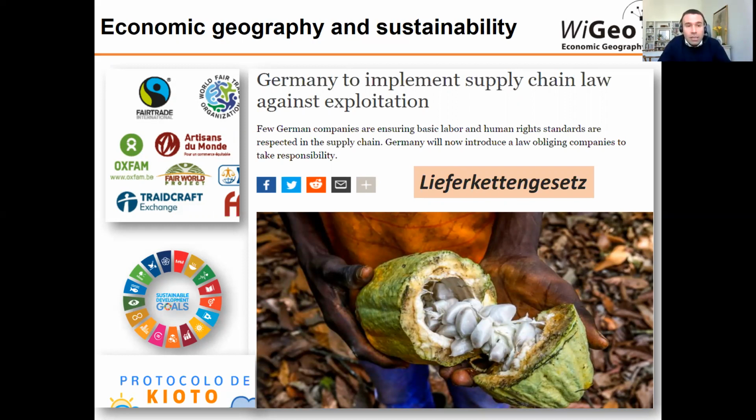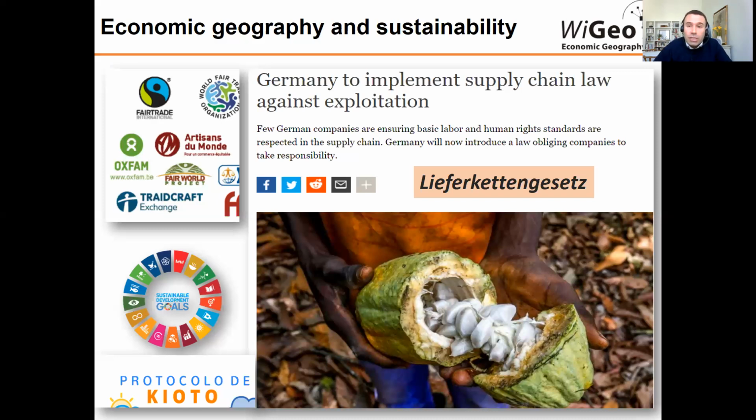And we have to look at these things: if you turn your coffee bag or your chocolate around, you may see these fair trade logos. That means that hopefully in the production process, from the very basic seed to the final product, they are respecting certain sustainability and ecological standards, and now also some social aspects. To the best of my knowledge, there is still discussion within Germany about the supply chain law that also applies mostly to the garments industry,